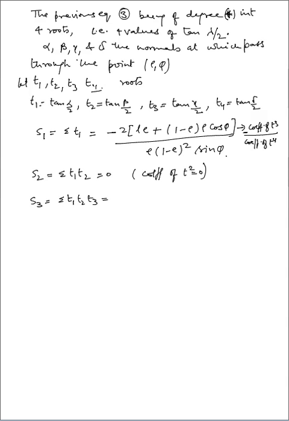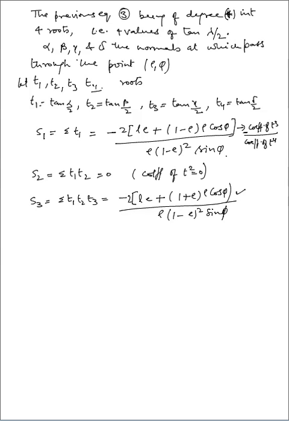It will be minus the coefficient of t with minus sign, plus minus plus minus, so minus 2 L E plus 1 plus E rho cos phi, this is the coefficient of t, upon the coefficient of t to the power 4, rho 1 minus E whole square sin phi,